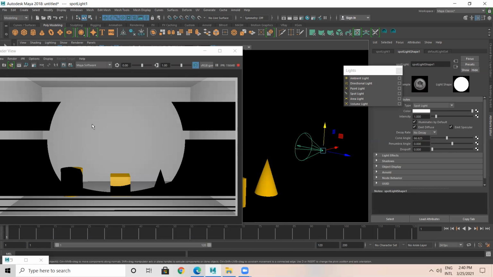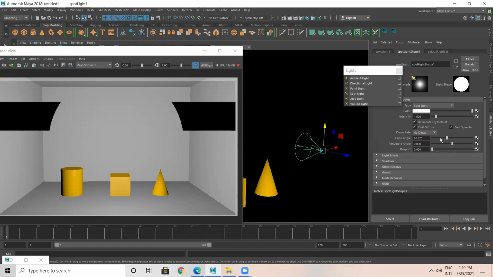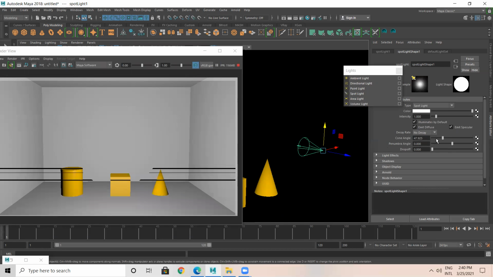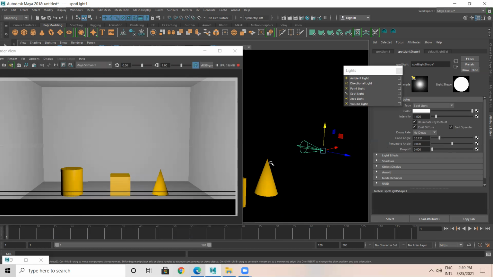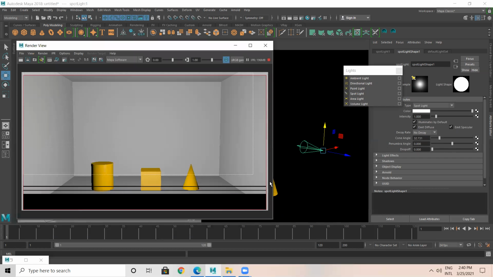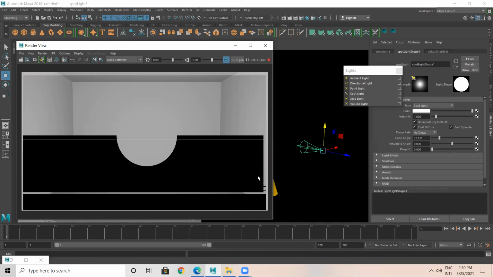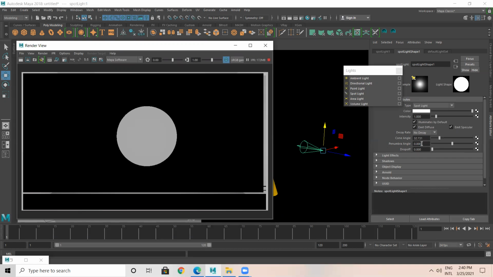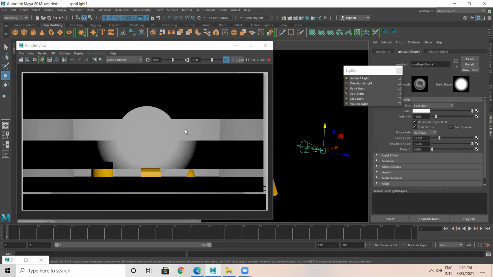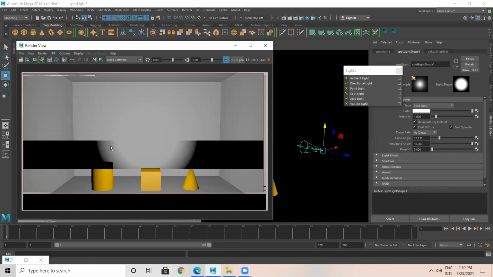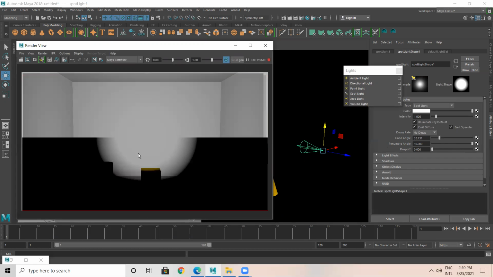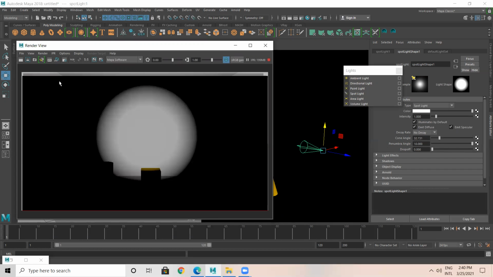The more you increase the cone, the more brightness you get. Reduce the cone, and the cone is like this. Another thing is penumbra. Penumbra gives a fade off, meaning fall off, as the light spreads.